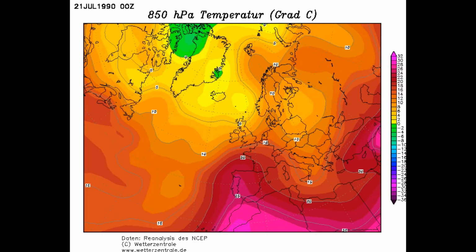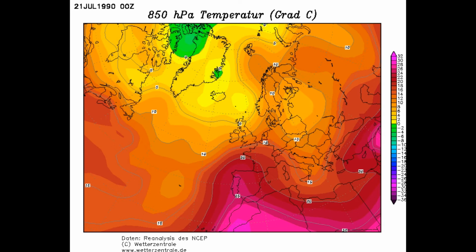And I show you the upper air temperatures there, and you can see the 15 Celsius isotherm is starting to come into the south of the country. And whenever you've got that in place, that's often a sign of some very hot weather to come. And also notice as well how hot the air is to our south. That's going to play a very big part as we move through the rest of July and into August.